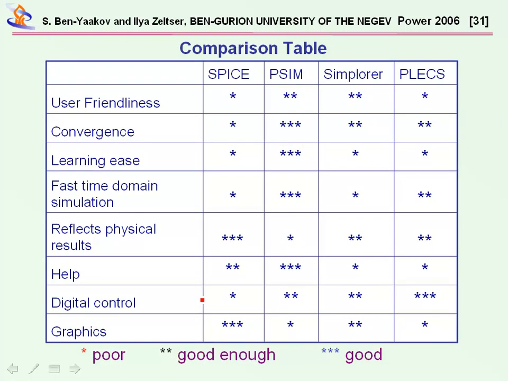So, summarizing what we have seen, we can say the following. We have actually examined the four packages: SPICE, PSIM, Simplorer, and PLECS. And our impression is actually shown here with marks of good, good enough, and poor. Okay, poor for 1 star and up to good 3 stars. Now for user friendliness,